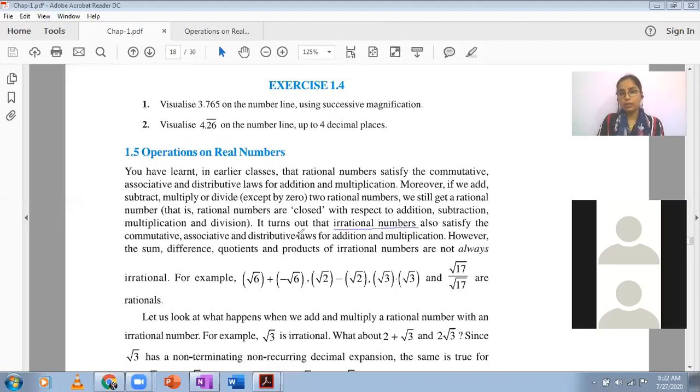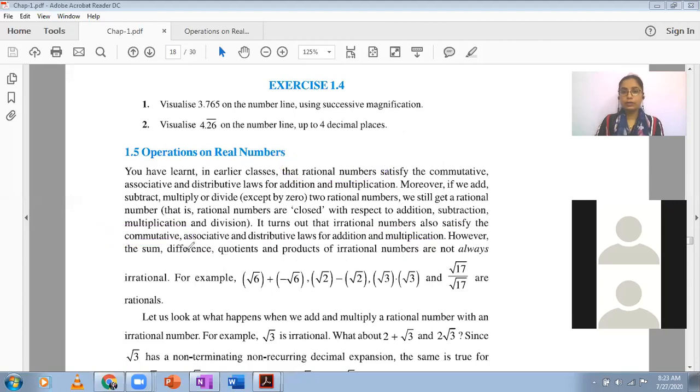They have just written that irrational numbers satisfy these properties under addition and multiplication. So if you are performing addition and multiplication of two irrational numbers, you can change the order. Commutative means you can change the order. Associative means you can group them in any way if you have more than two irrationals to be added or multiplied. And then distribution of multiplication of irrationals can be done over subtraction and addition of irrationals. So this is what we have been speaking about, just operating on irrationals alone. You have operated on rationals alone till 8th standard. If we just consider the arithmetic operations on irrational numbers, this is what we have.